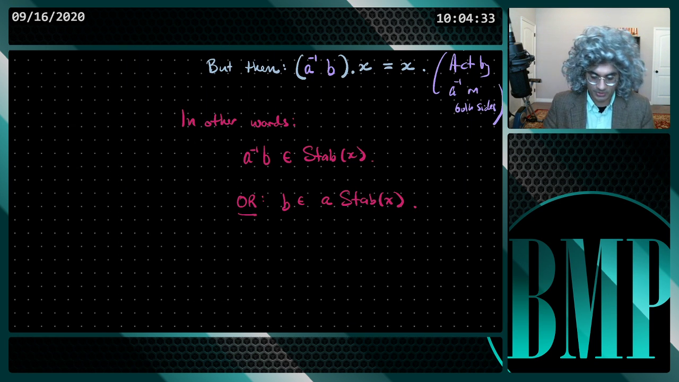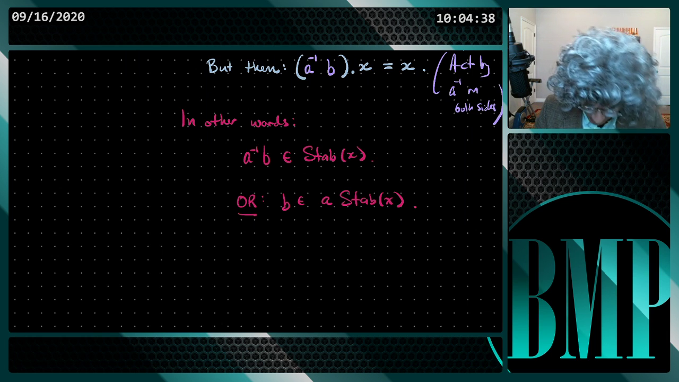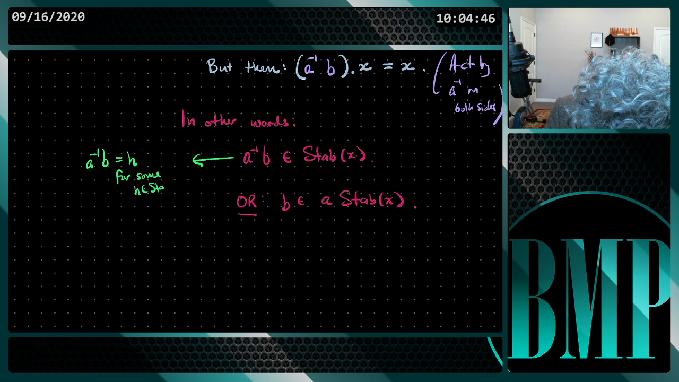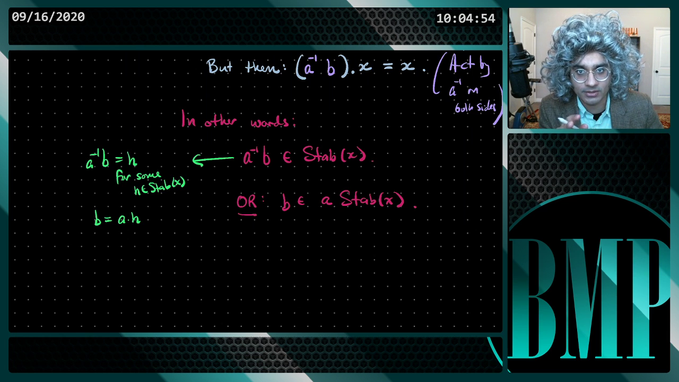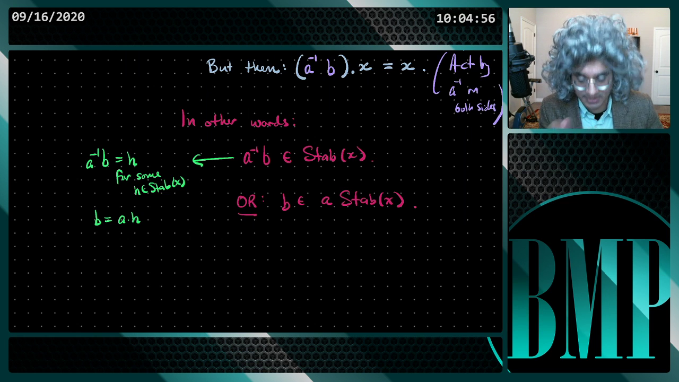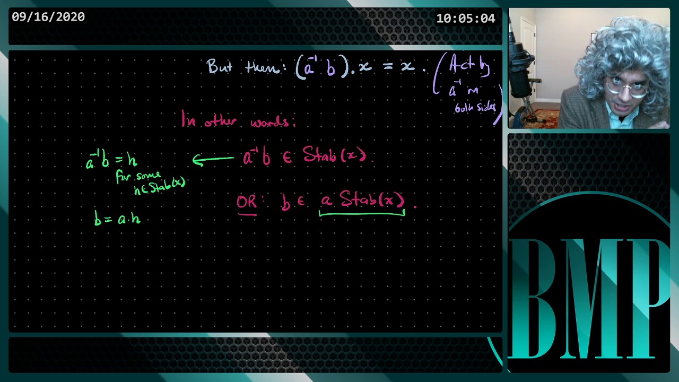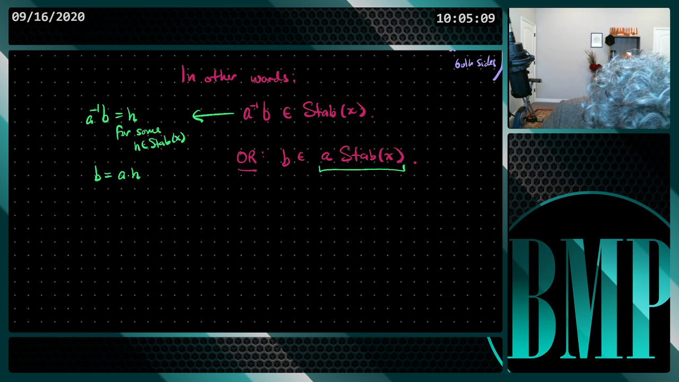All right? So look, this should be clear by now, but A inverse B equals h for some h in the stabilizer. So then B equals A times h, which is exactly what it means to be in this left coset. This parallel shift of the subgroup. This particular left translation of the subgroup. That's what it means. Okay? And so, indeed,